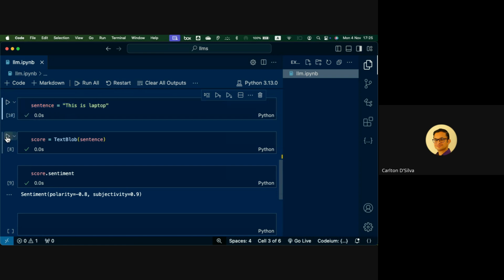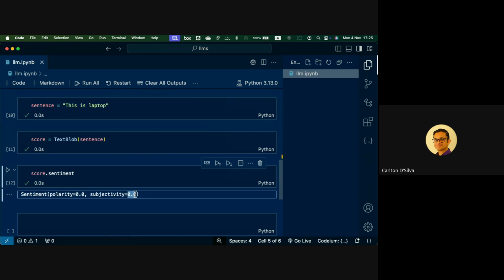Let's see. Interesting. So 0 and 0. It's a very objective sort of statement, right? This is a laptop, and the polarity is 0. It's not negative, it's not positive. It's just a statement of fact.